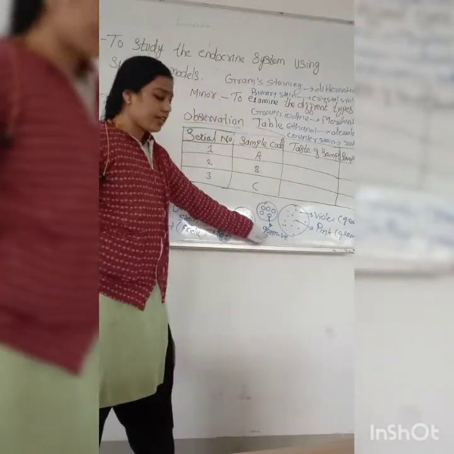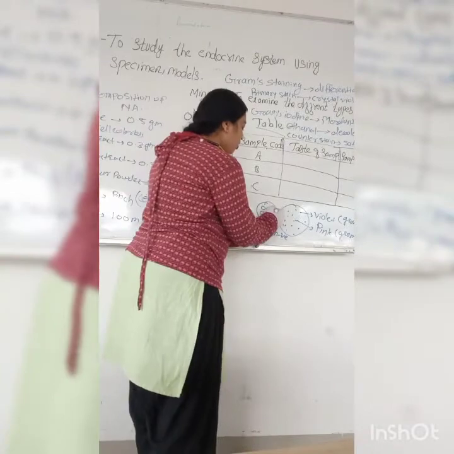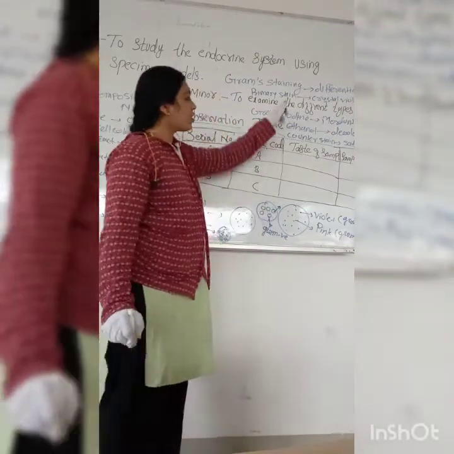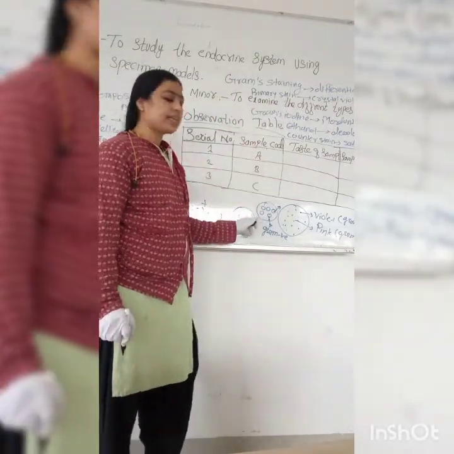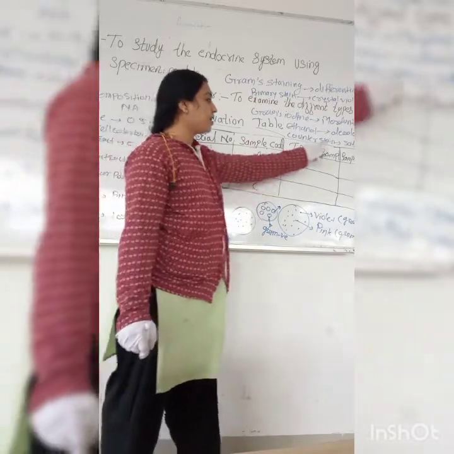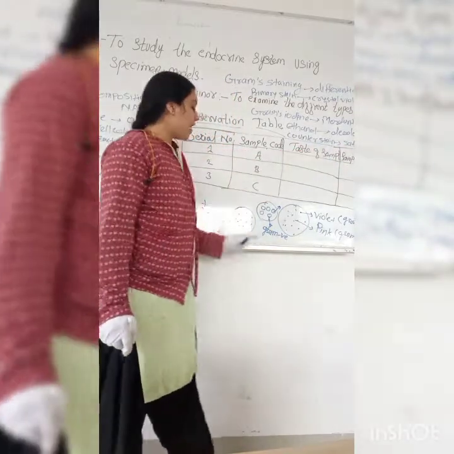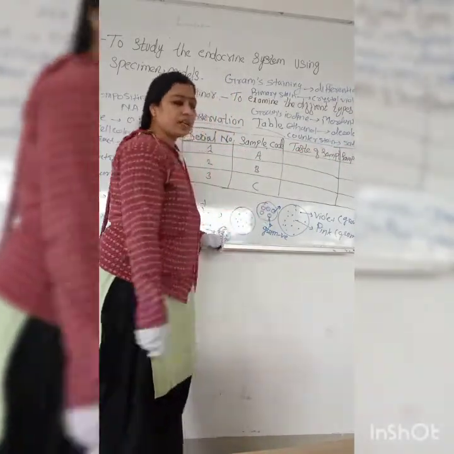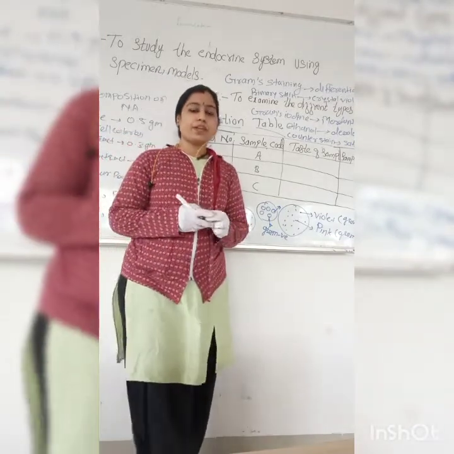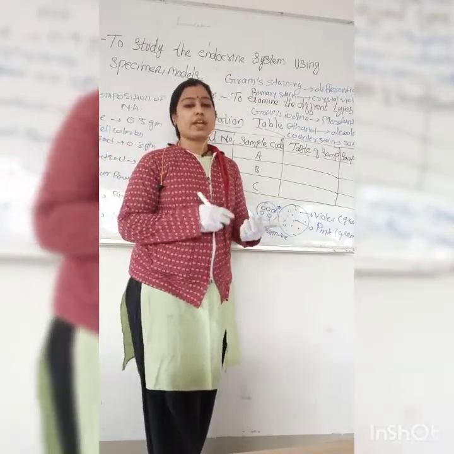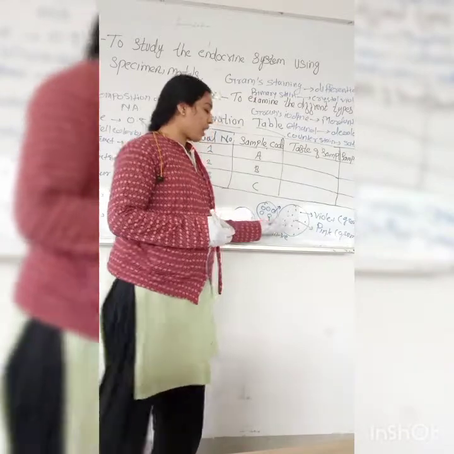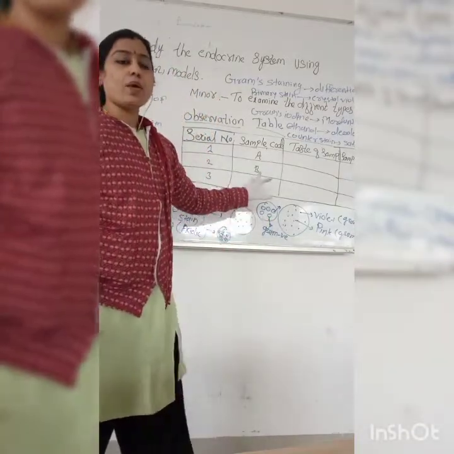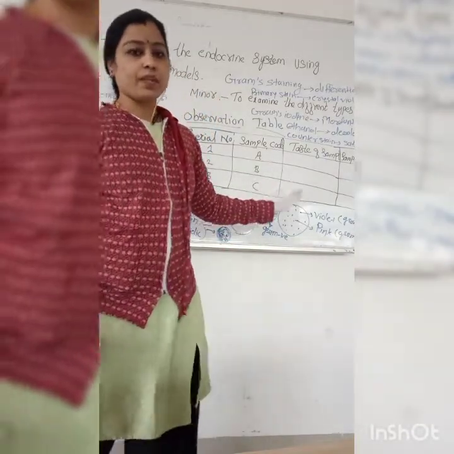So these gram negative cells lose their color. The crystal violet is washed out from these cells, and when we add the counter stain, that is safranin, they take up the pink color, and we can easily observe under the microscope the violet colored organisms as well as the pink colored organisms. So this is all about gram staining and its principle.